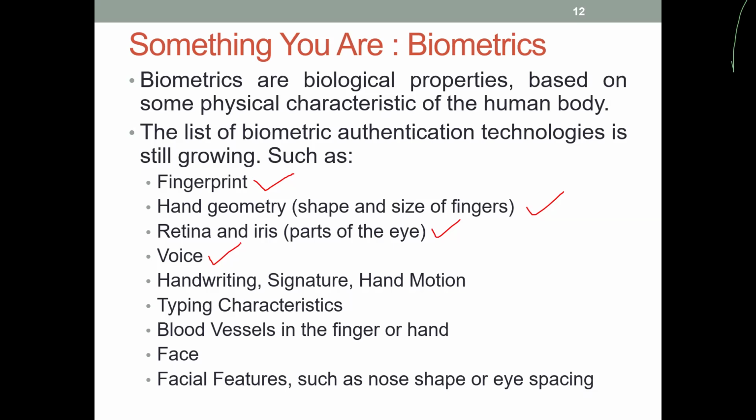Typing characteristics. If I ask you to type something, each and every one has a different typing pattern, right? The finger movements are different, your typing speeds are different. Likewise, we are using something else, right? Blood vessels, right? Human blood vessels are also considered to find out whether it is a particular person or not,